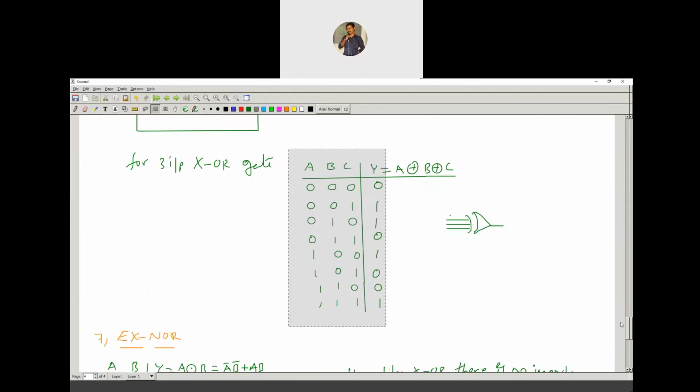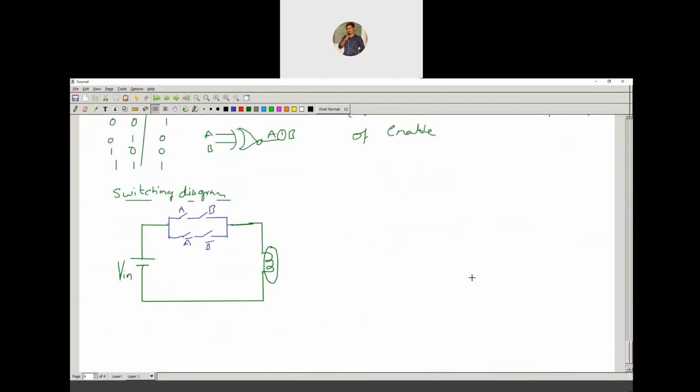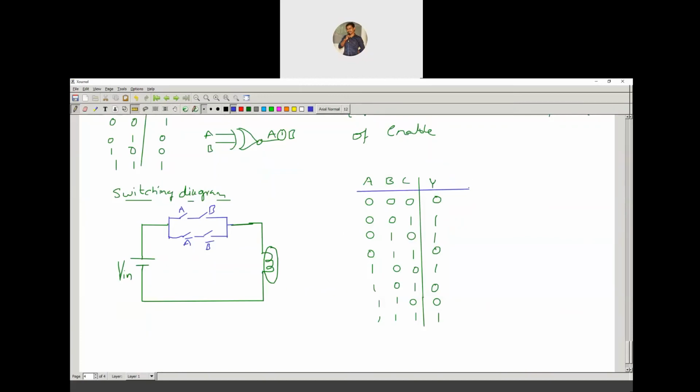Now coming to the 3 input XNOR gate. Input output is A XNOR B XNOR C. When the output of the XNOR gate is logic 1, the number of ones in the input combination is an even number, and only then is the output 1.